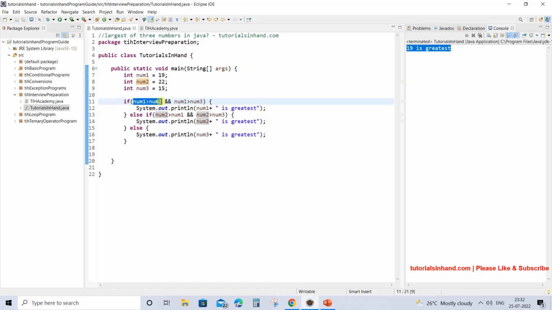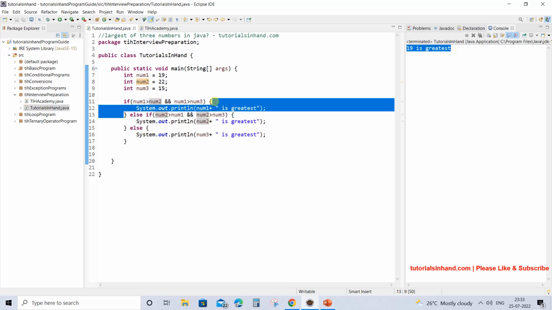If one condition turns out to be false, then even if the other one turns out to be true, we are going to get the overall result as false, because for the overall if to evaluate to true, you need to have both of the checks return true. But here we have 19 greater than 22 turning out to be false. That means this if is not going to get executed, and we will move to the next else if.